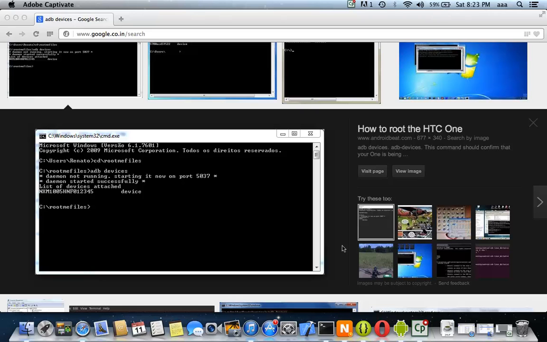Welcome back. So now it's time to show you some phone, right? As I said before, you can do Android development and testing on a Mac or on a Windows PC.